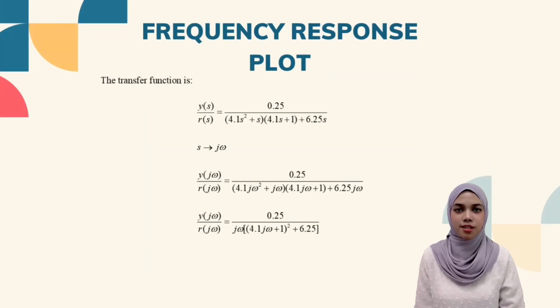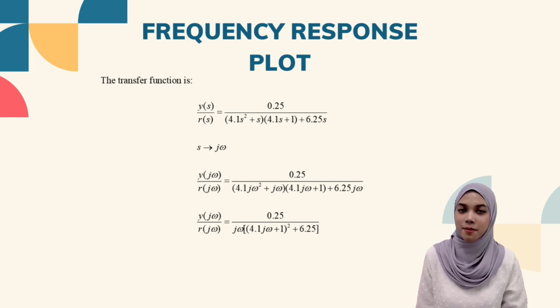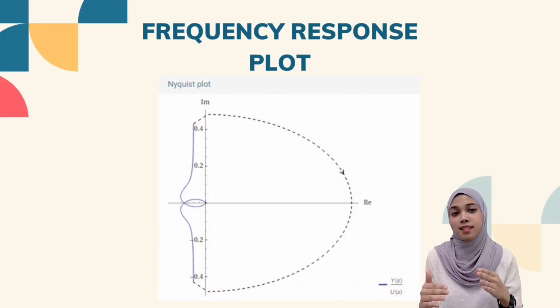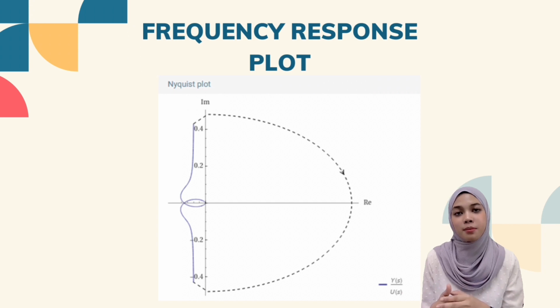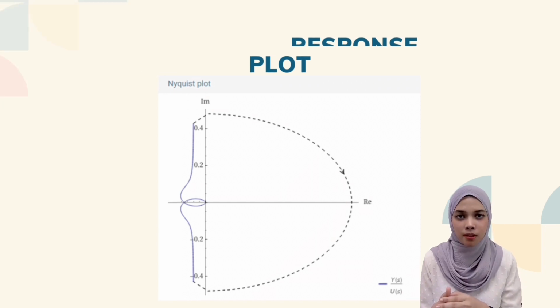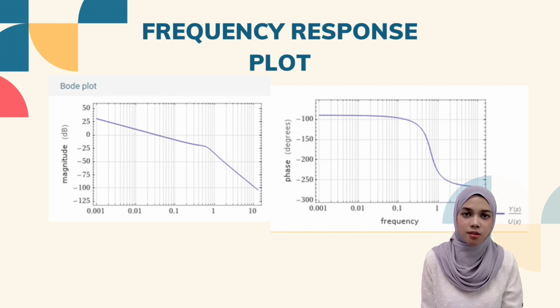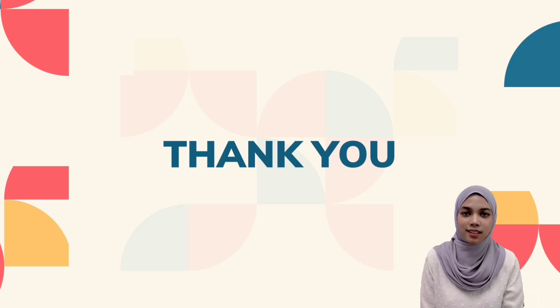Next, we will do a frequency response graph, which is the Nyquist plot, and from that we can sketch the Bode plot using MATLAB. One of the tricks is also to use Wolfram Alpha to sketch the Nyquist plot of the system, as it will auto generate the Bode plot diagram. Based on the Bode plot of the system using the MATLAB program, it shows a stable manner of frequency response because the phase margin is greater than the gain margin.